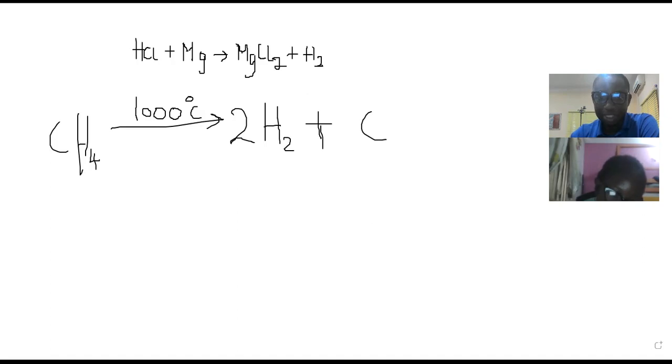It gives you the synthetic gas. Now, synthetic gas again is passed through more steam to give us our hydrogen and CO2, which is the water gas. And remember again, the same CO2 is passed through alkali, that's sodium hydroxide, to remove it. So industrial preparation of hydrogen from natural gas, from hydrocarbon and from coal is just similar, because steam is passed through hot coal and that gives us synthetic gas. Now, the same synthetic gas is passed through more steam to obtain water gas, which is CO2 and H2. And then it is passed through sodium hydroxide to remove CO2. Okay,